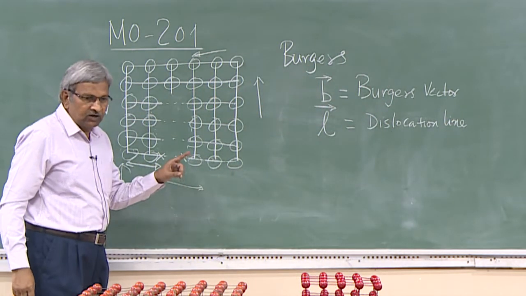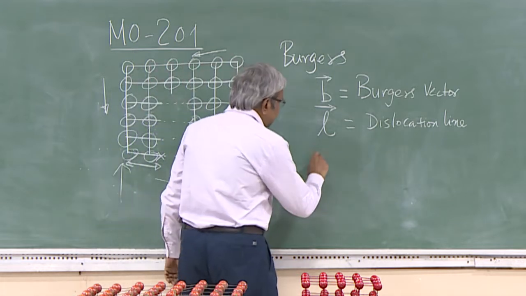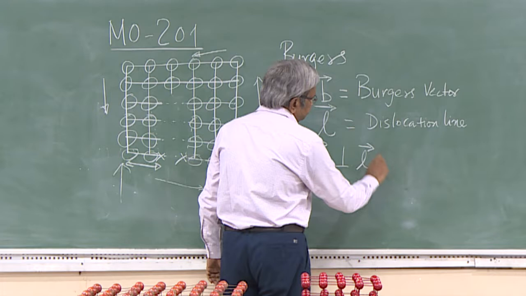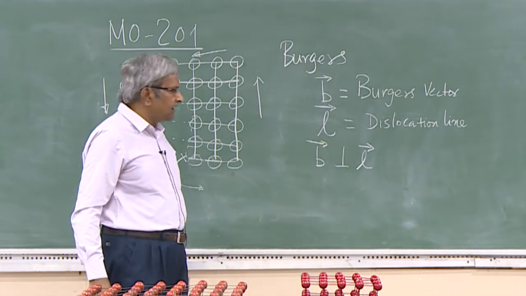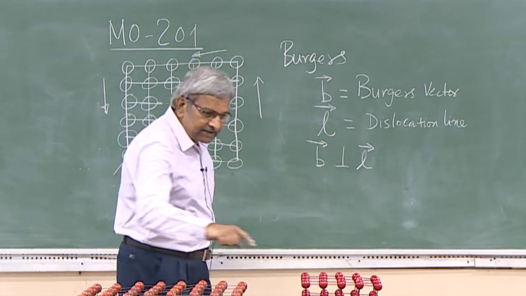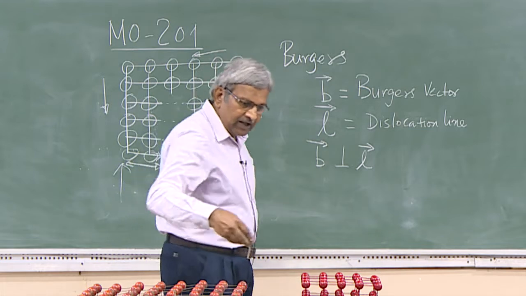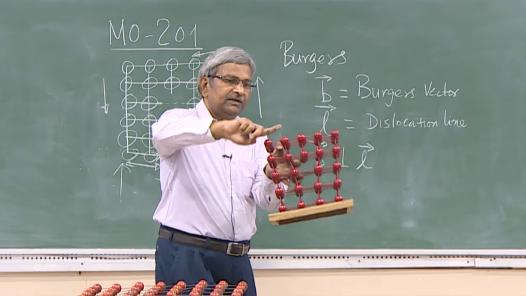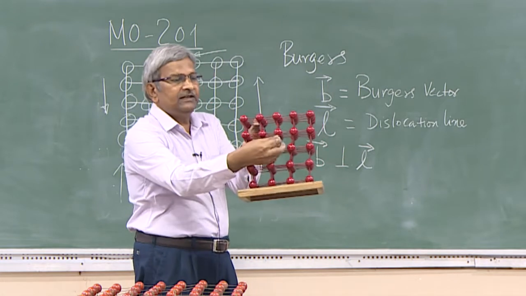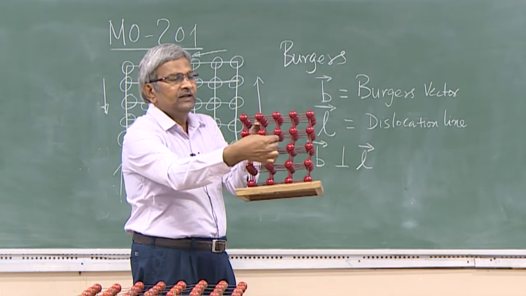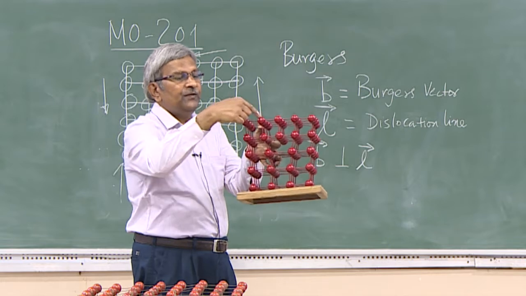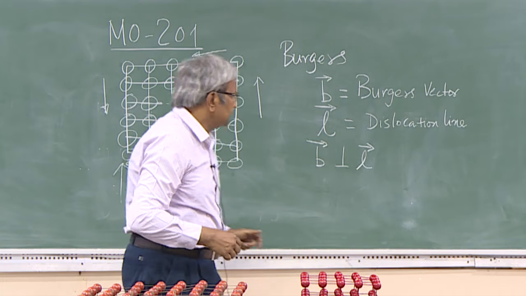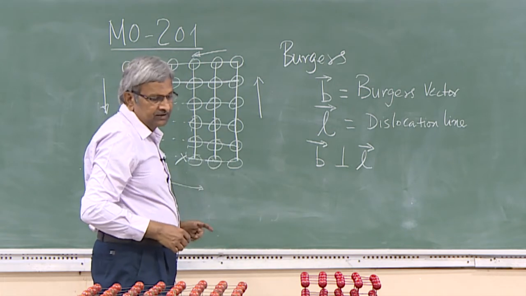When you talk of this dislocation line, then you find that this kind of relationship holds. The two vectors are at 90 degrees. The missing step was from this direction and this line is this, right. You remember the missing step is this direction and the line of dislocation I am trying to show you is this. So, the two fellows are at 90 degrees, this is what I am trying to show you. Then this becomes an edge dislocation, right.